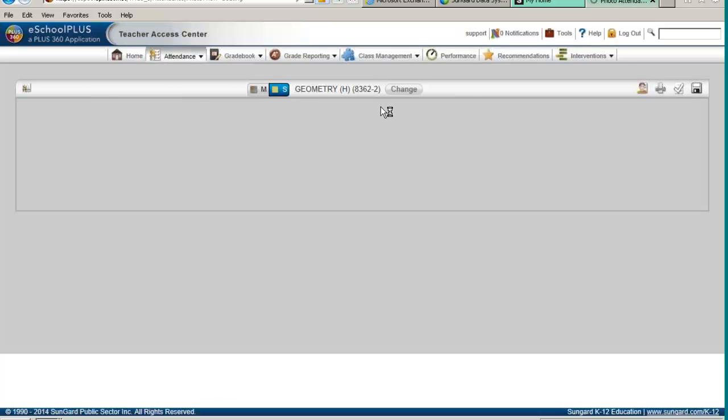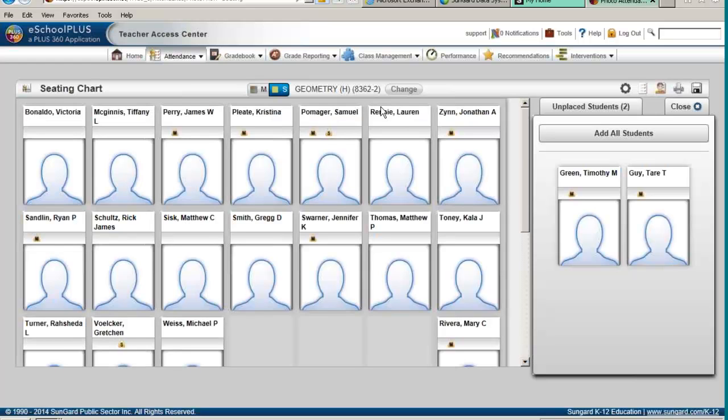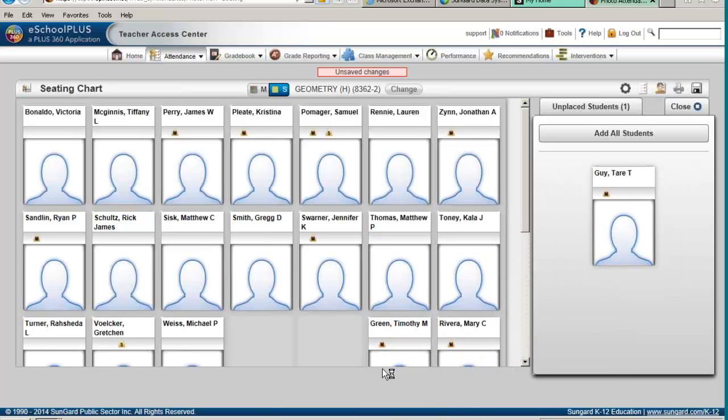Let's quickly just take a look at the seating chart. If it's the first time you are coming into the seating chart, your students will be placed over on the right-hand side. Unplaced students, they are enrolled in your course section. They haven't been placed into the seating chart. You can click and drag and move your students. You can also just click the add all